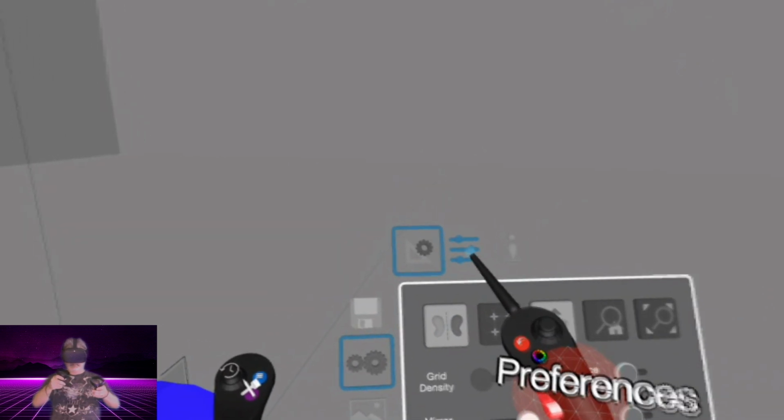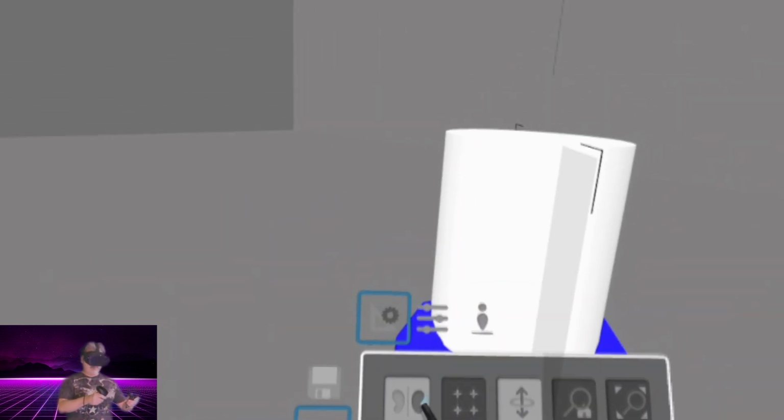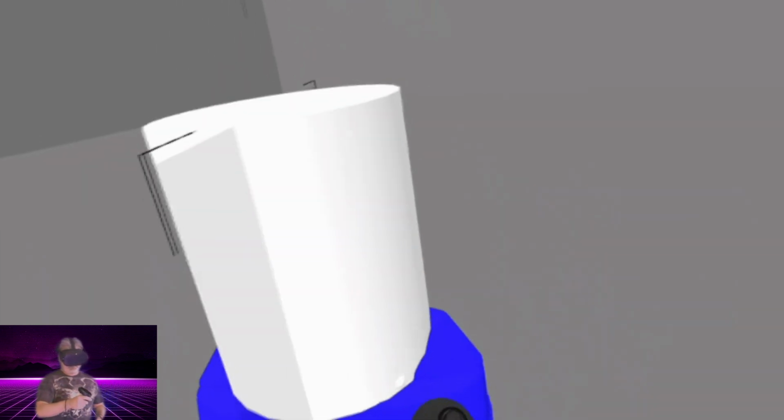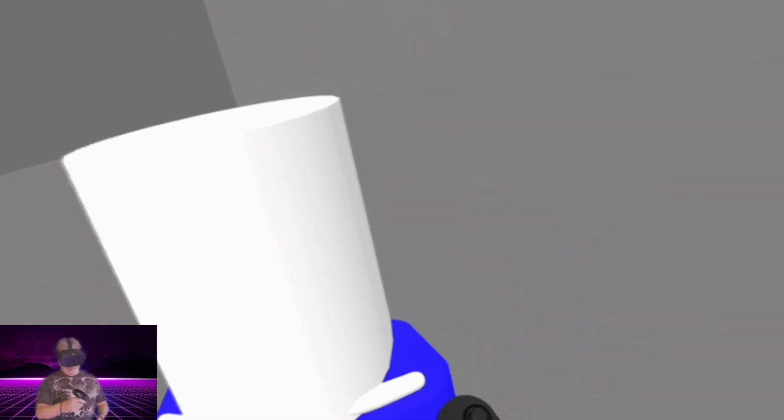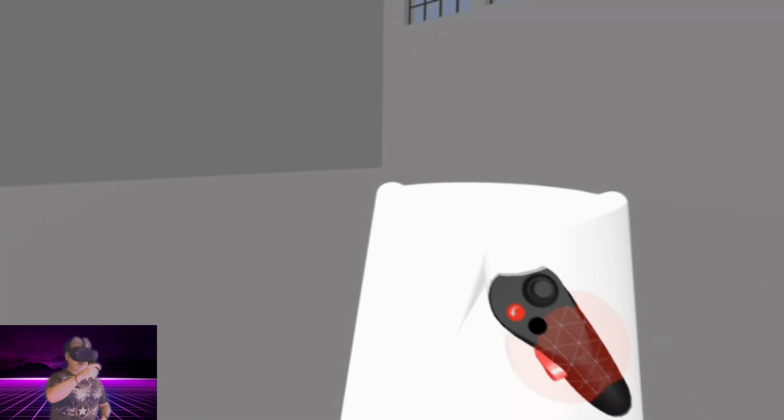Now we are going to turn off the mirroring, and we're going to make a guide for our t-shirt that this character is going to wear. So use the cylinder. Now we'll go back to mirror mode and volume, and we'll go ahead and give this character some shape. I mean, we don't want it to be flat and boring. We want to give it some volume here and make it look somewhat like a t-shirt.